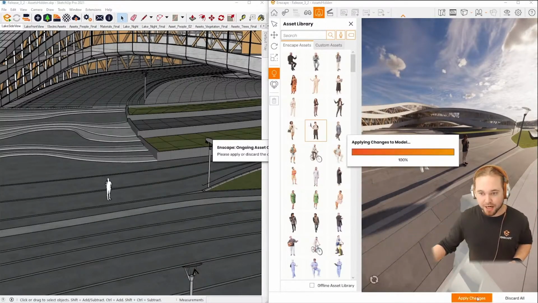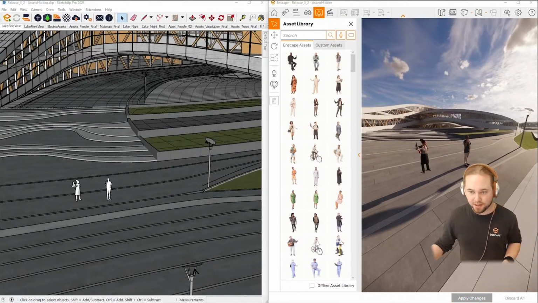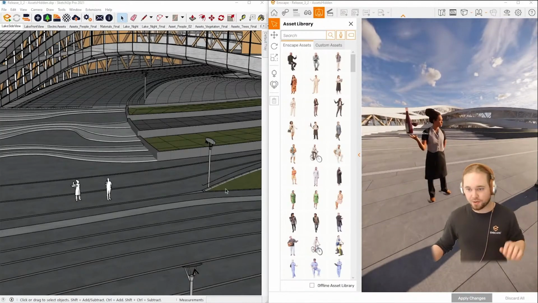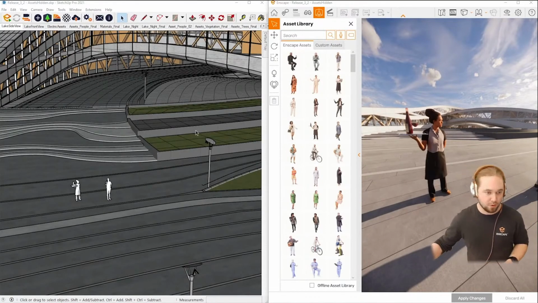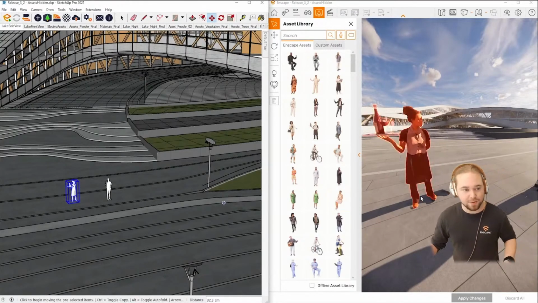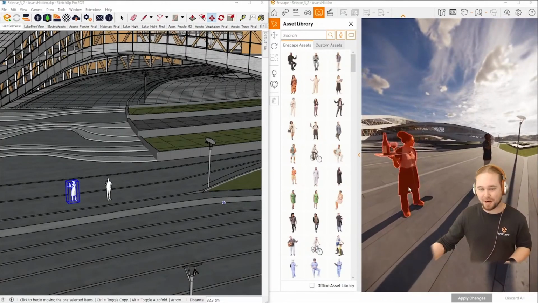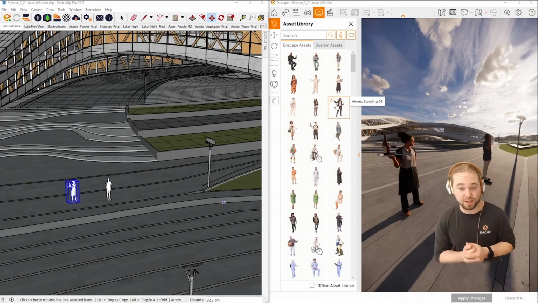And as soon as I press apply changes, the high quality version of the model is loaded into the Enscape visualization. And the placeholder is also set in SketchUp, in your design application, which means you have the same control over there. You can still move them around over there as well, of course, or edit them. So it's the same kind of assets. It's the same management. We just have access to it from both sides now. So that's really, really useful.